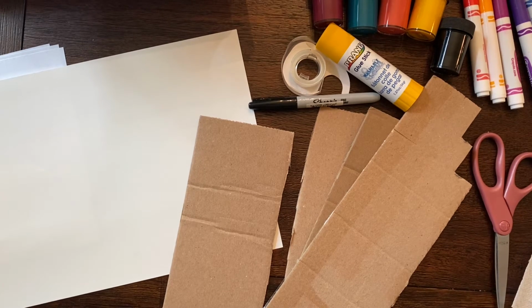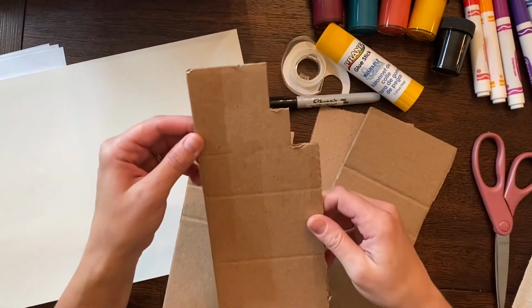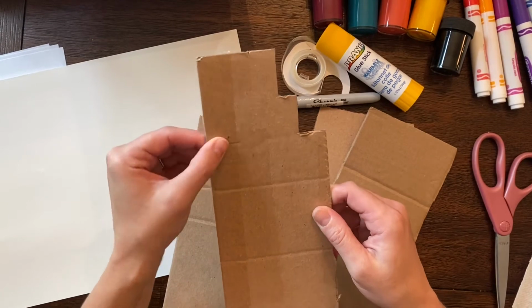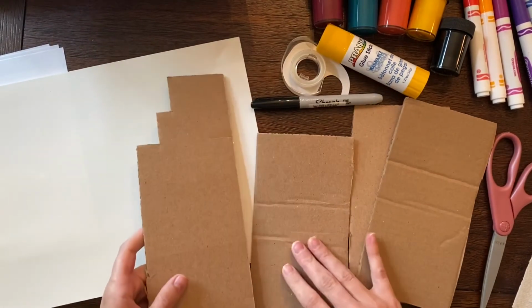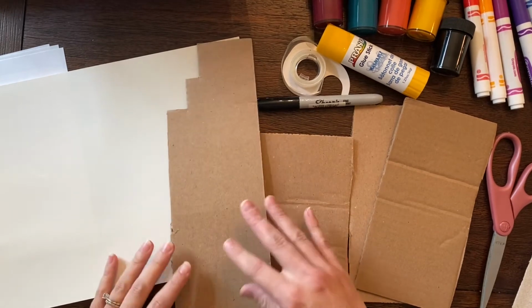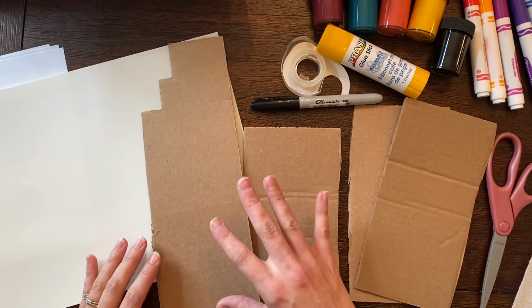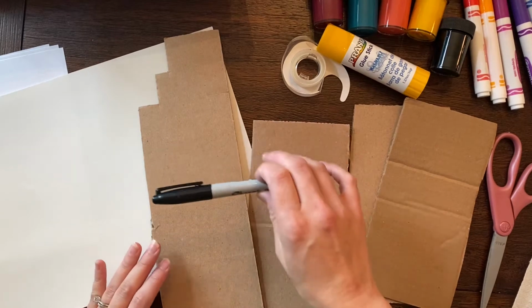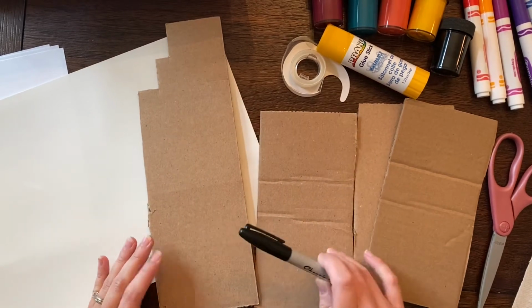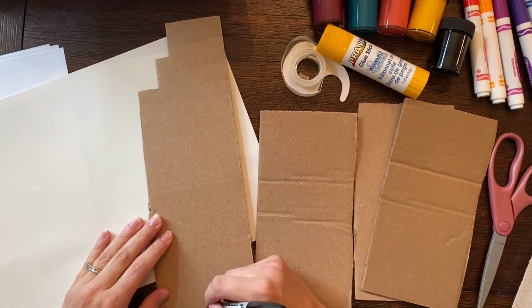Okay, so for the first way, I'm going to start off real simple. And I'm going to work with this building here, which I did cut into, but that is okay. So I'm going to work on this side. And I'm actually going to think about some different doors and different buildings, and I'm going to be painting on this. So now I'm going to use a Sharpie so that you can see, but I recommend, of course, sketching this out. So I'm going to come up with kind of a fun door here,